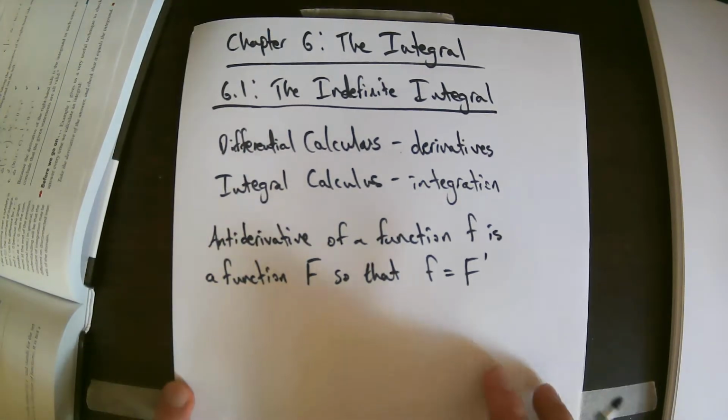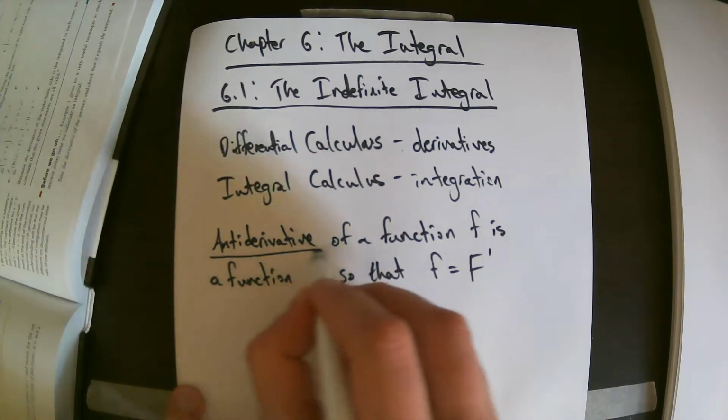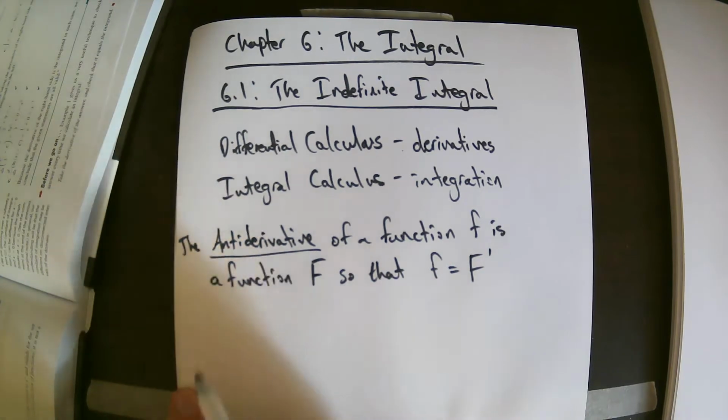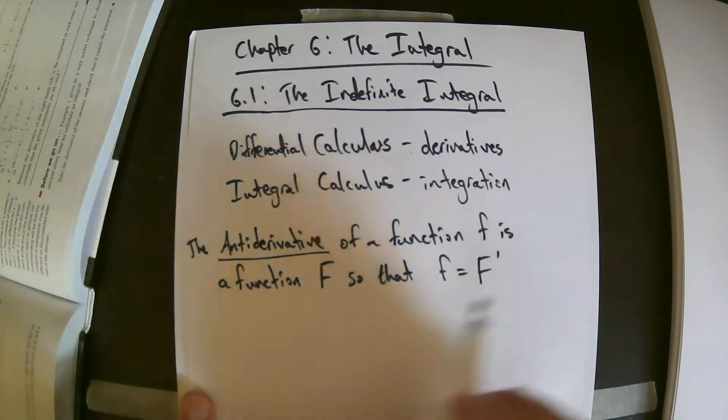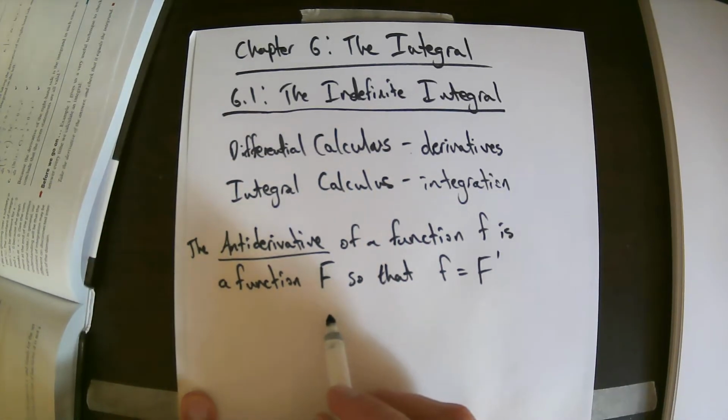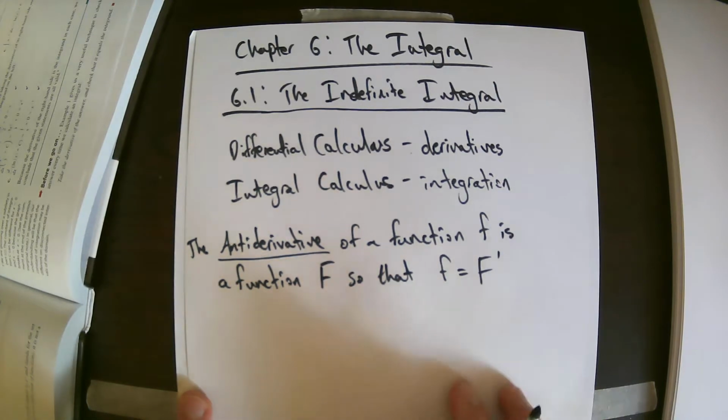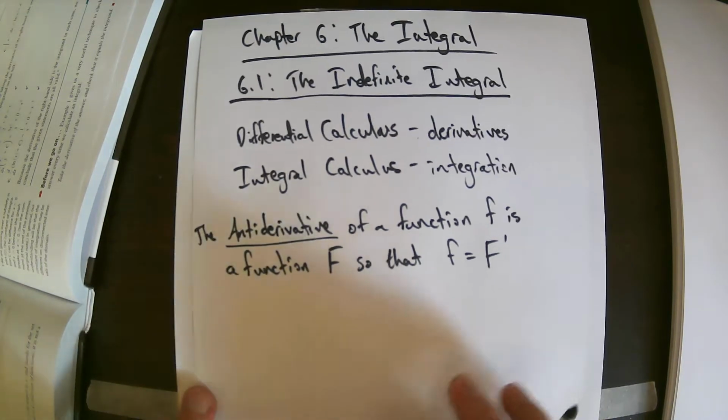So in other words, the antiderivative of a function little f is a function capital F so that little f is equal to big F prime. So for example,